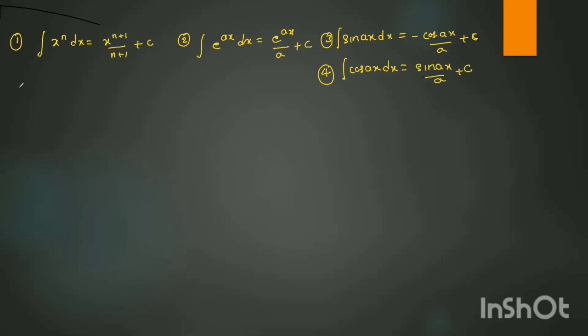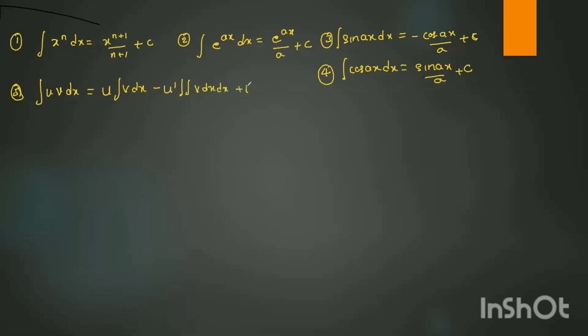And one more formula, let me write it. We are going to use this also. If you have two functions, one is u and one is v. In all these formulas we have only one function: x to the power n, e to the power x, sine x, cos x. If we have two functions of x, f of x and g of x, then we use integration by parts, or Bernoulli's integration by parts, which says: keep u as it is, integrate v, minus differentiate u and integrate v twice,